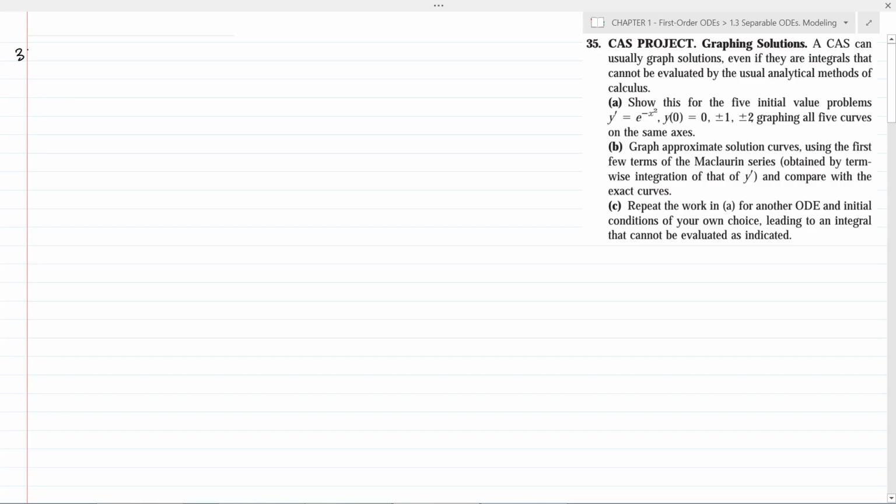Problem 35. A CAS can usually graph solutions even if they are integrals that cannot be evaluated by the usual analytical methods of calculus. Question A. Show this for the 5 initial value problems y dash equal to e to the power minus x square for y of 0 equal to 0 plus or minus 1 plus or minus 2, graphing all 5 curves on the same axis. So the differential equation given is